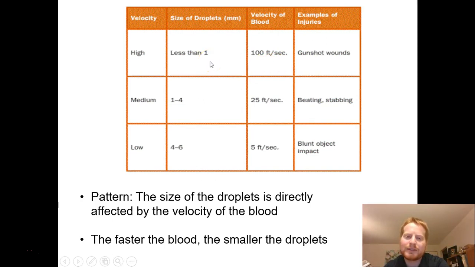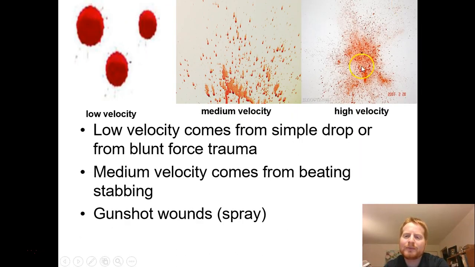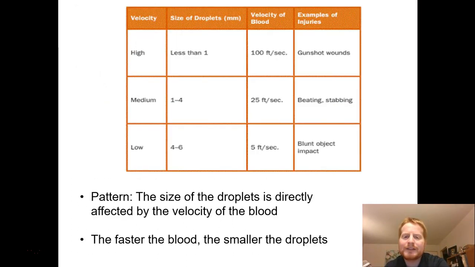per droplet essentially. So if we look back at our image, we can see that this would be more from, like we said, a gunshot wound. And literally the droplets are so small here that it looks almost like a uniform haze, because those droplets are just so small that it looks almost like a fog of blood. Whereas the low velocity are more defined, and they're also larger droplets. So the higher the velocity, the smaller the droplets, and the lower the velocity, the larger the droplets, essentially is